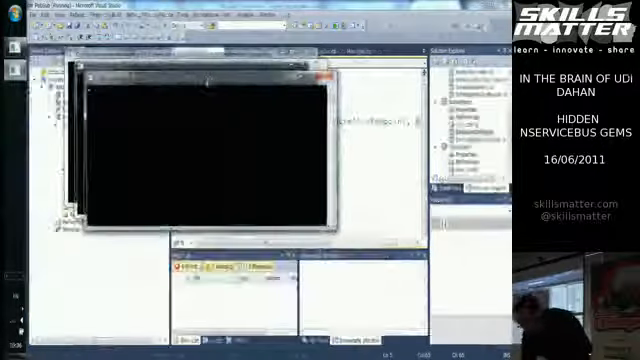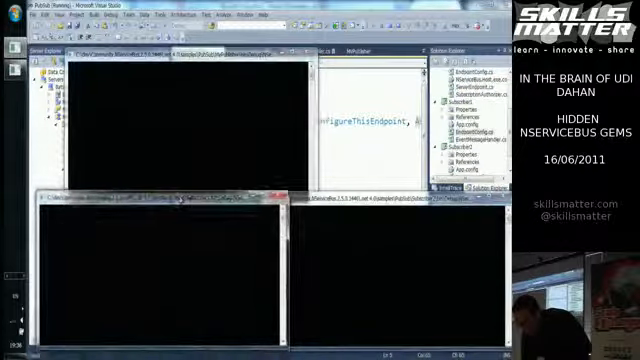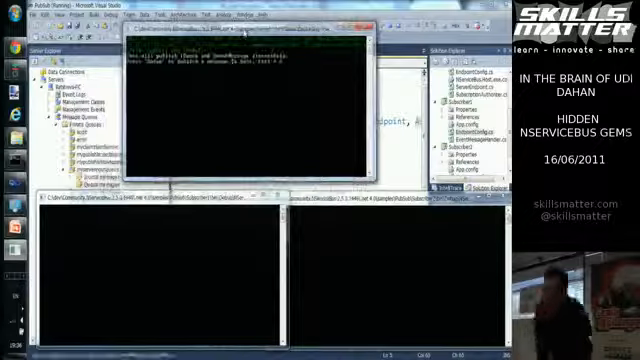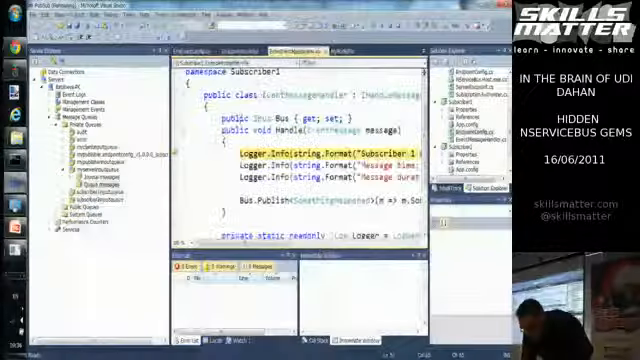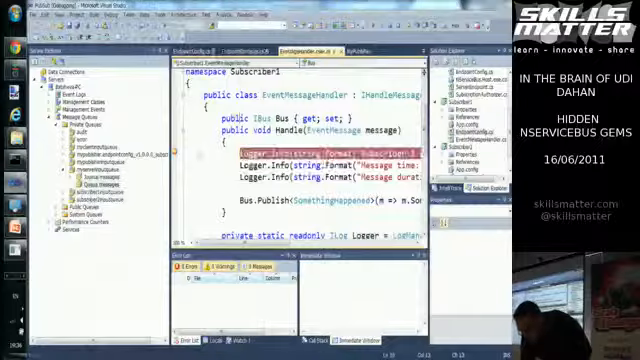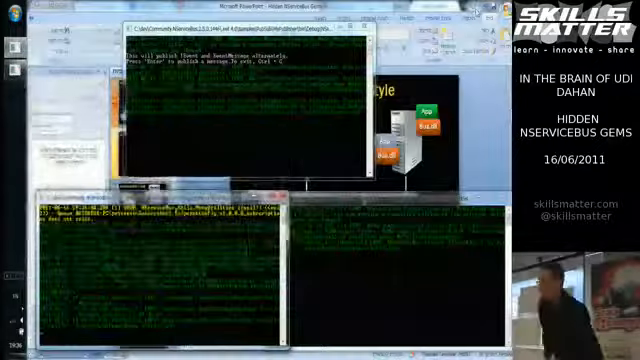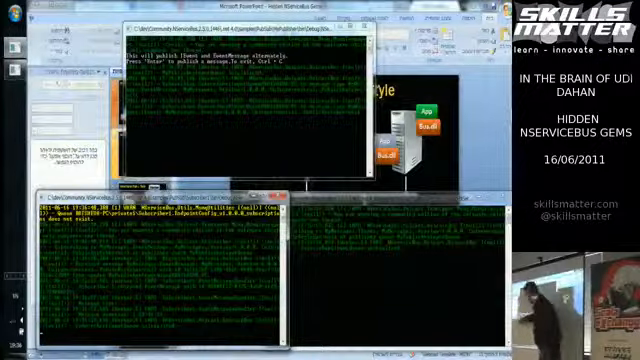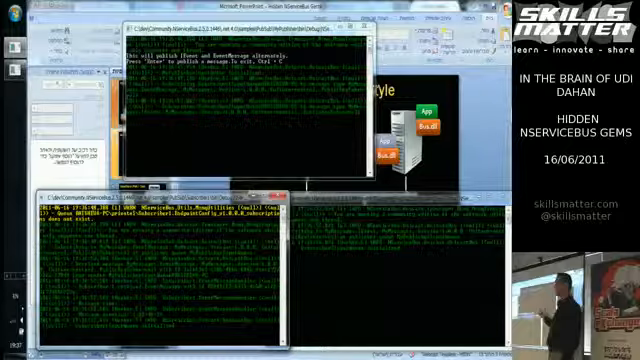So in this case, it doesn't really matter because nobody is subscribed to its events, but still this is NServiceBus giving you that sanity check, making sure that everything is configured correctly. What you might notice here, you got this yellow warning, it's noticing that it's missing a